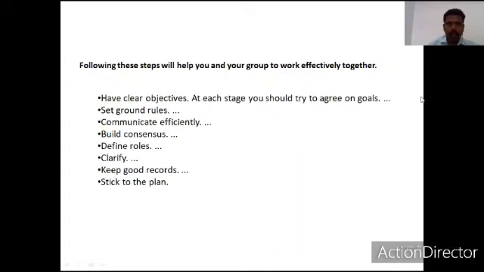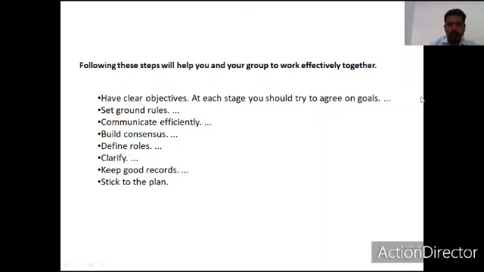In order to make group work effective, the following steps are very important. The first and foremost step is to have clear objectives among the members of the group. It means that every member of the group should be aware of and know the group objectives, and for what objective everybody wants to work towards the attainment of group goals.